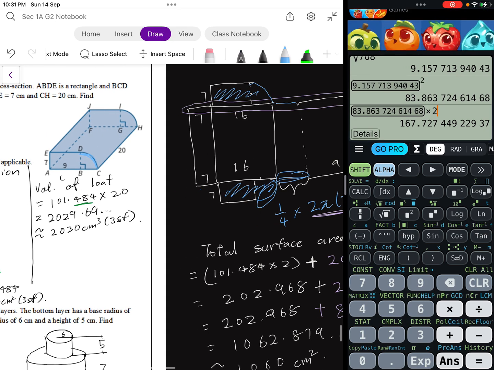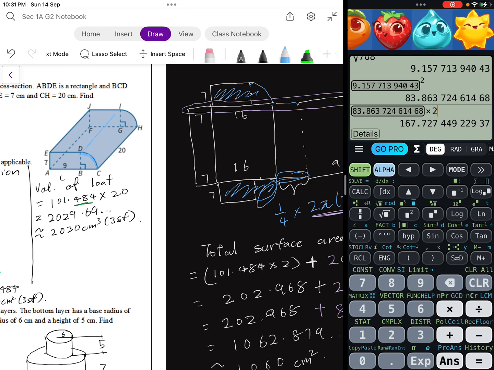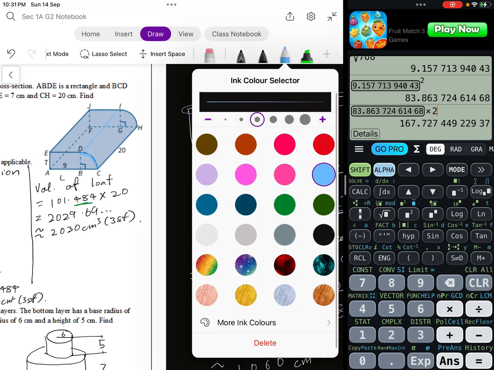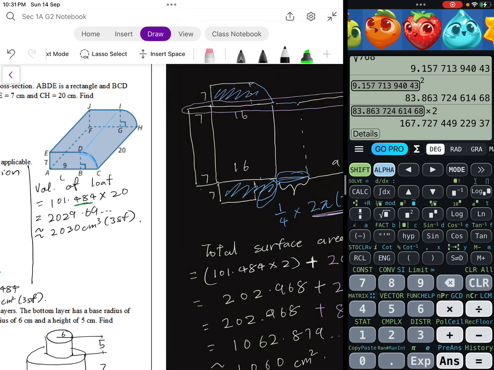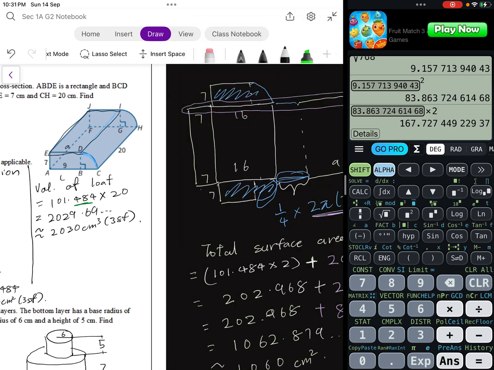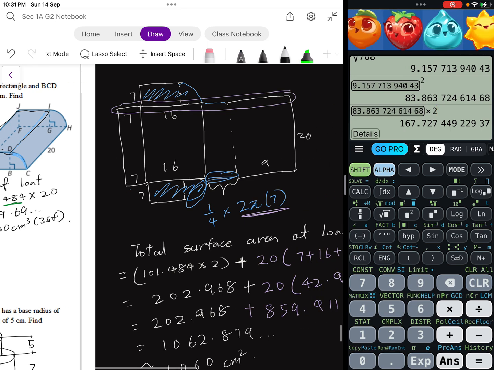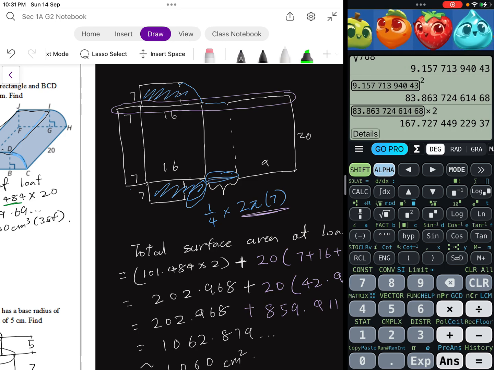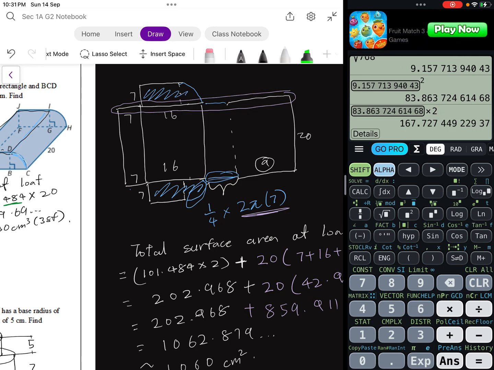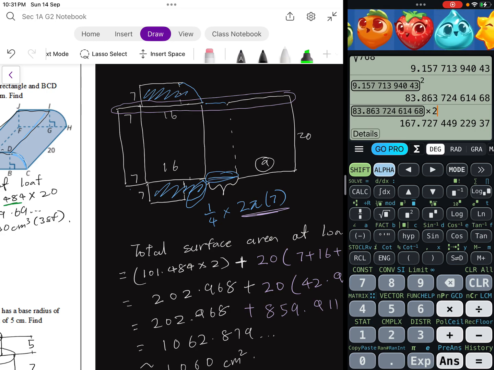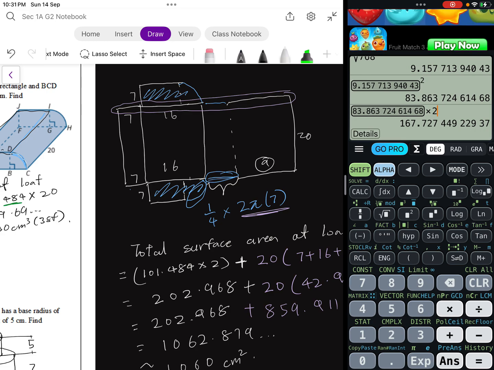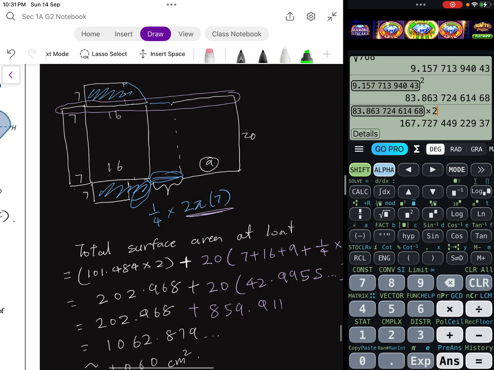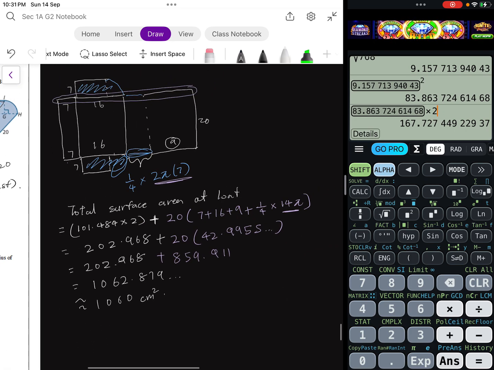The top here, up to here, is 9, right? That's why there's a 9 here, because it's connected with this curved surface area. This curved surface is light blue, which is 1/4 of 2 pi r, right? 2 pi r. So to find this whole length,